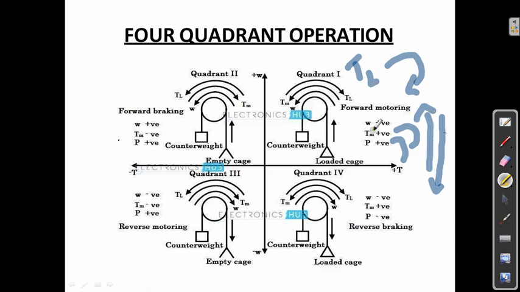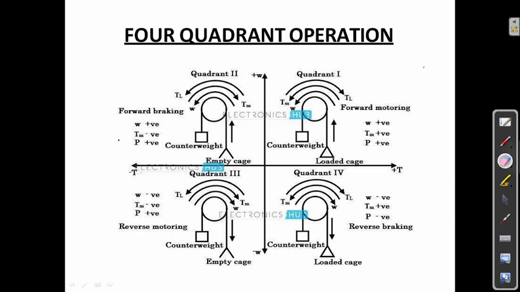Likewise, we can call this forward motoring, because the motor torque as well as the speed are in the anticlockwise direction. Here the torque is positive and the speed is also positive,